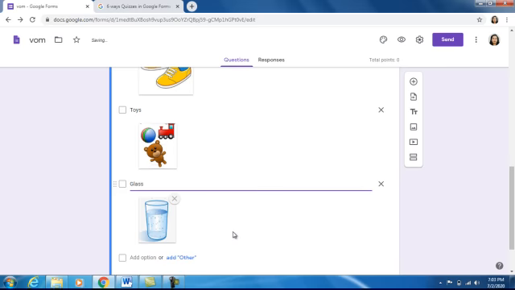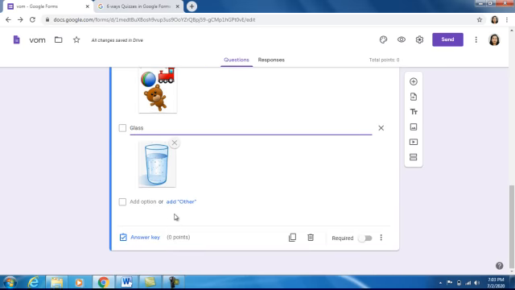So in this way we can select many more images by pressing enter and inserting the images.